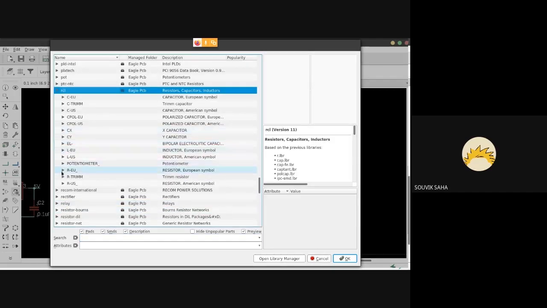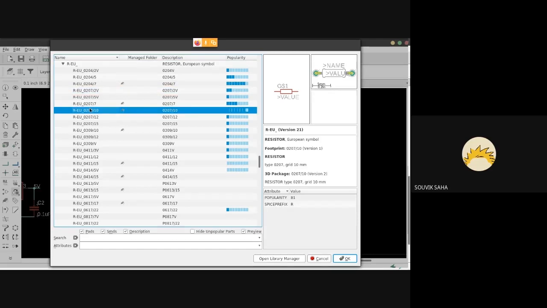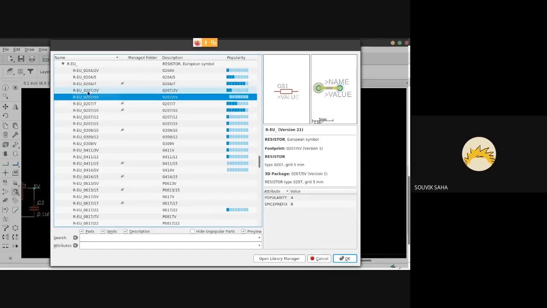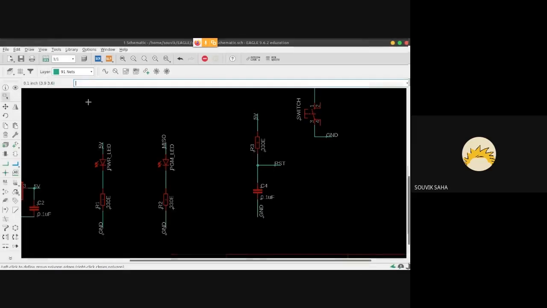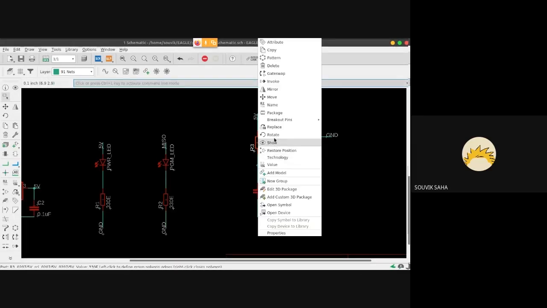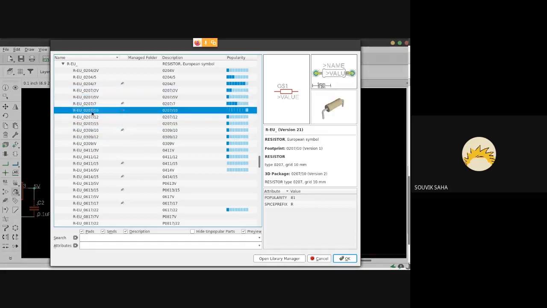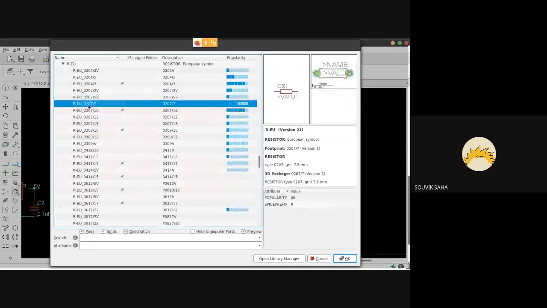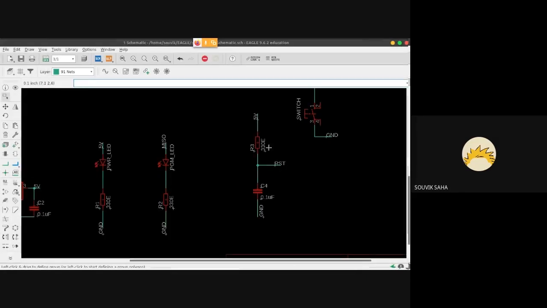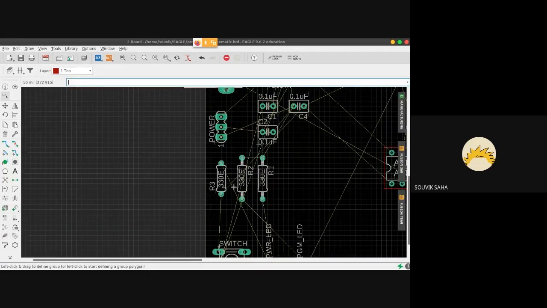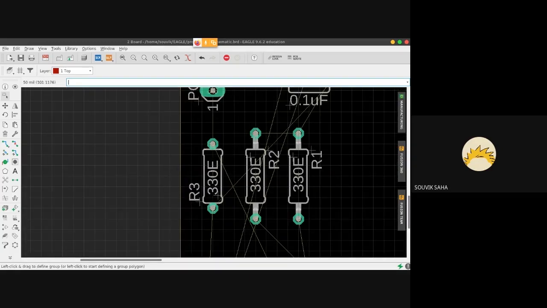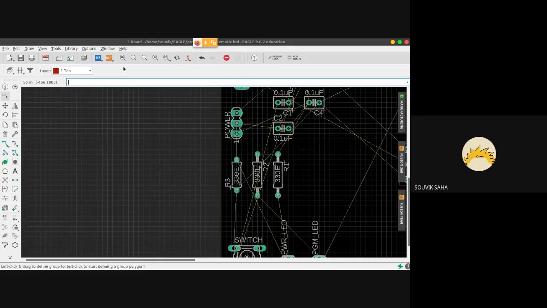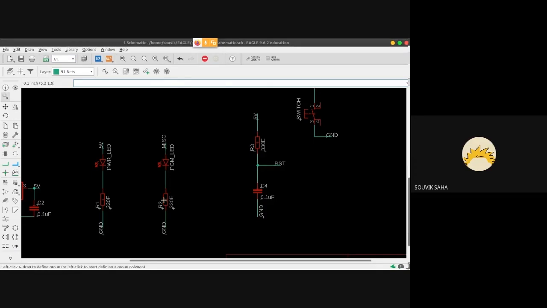And once you look at RCL, we had selected this earlier. Let's look at something smaller. Earlier we had selected 020710. Let's make that 02077, so just for one R3. Now if you switch it over, you'll notice that this resistor is much smaller than the others. And if you want, you can go ahead and replace all the other resistors.